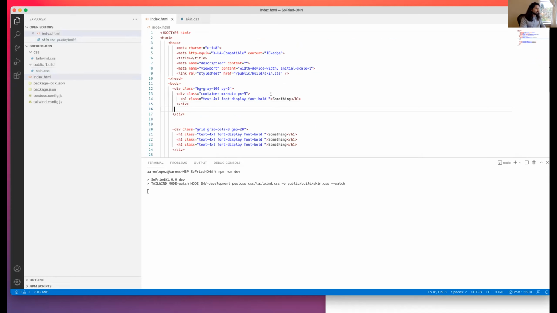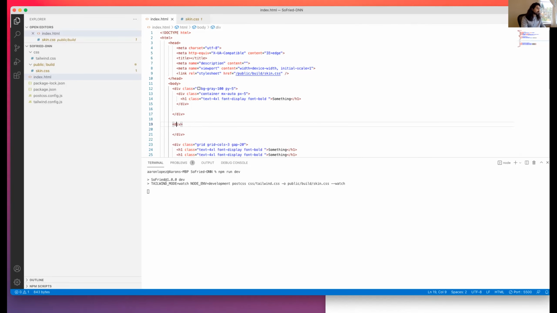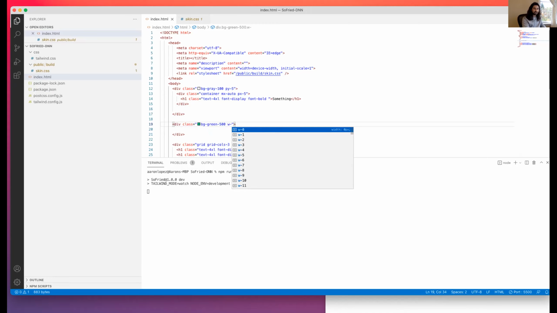What you can do as well is do really cool things. Let's say I wanted to put in a custom thing that's not part of the configuration of this build. Let's say I wanted to make a box, and that box was one of the green colors from the system, but I'm going to give it a width. Can someone give me a number between like 200 and 500? Anyone? Let's say 320. 320.